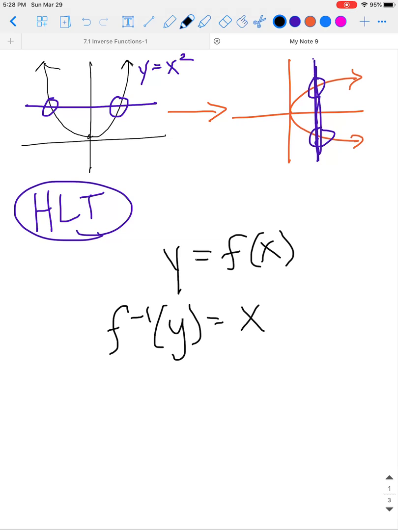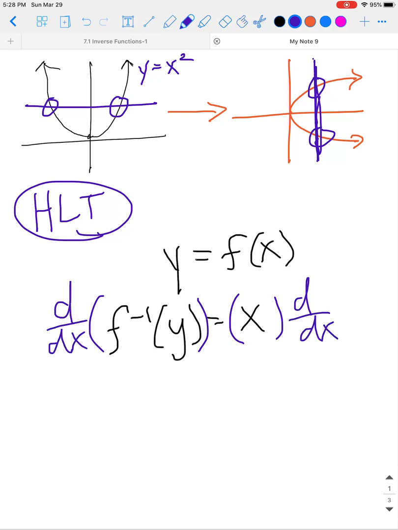And what I'm going to do is I'm going to rewrite that, of course, with inverse notation. So then the question is what is the derivative of this expression? So if I took the derivative of both sides with respect to x,